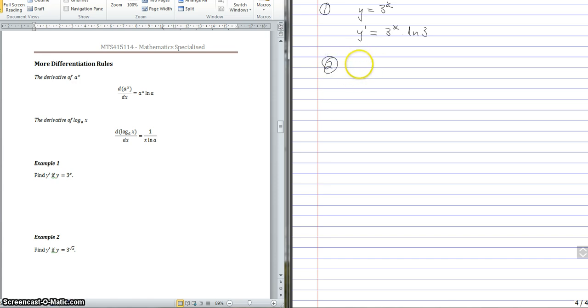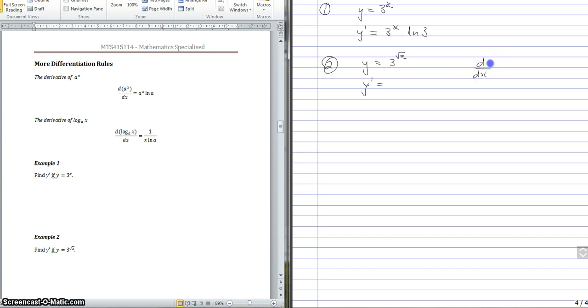Second example, then, we have y equals 3 to the square root of x. Okay, so we have here a function of a function, and when we do that we need to multiply the derivative of the square root of x by the derivative of 3 to the square root of x. So multiplying the derivative of the inside part by the derivative of the outside part. So y dash is going to be equal to the derivative of the square root of x, and if you remember,